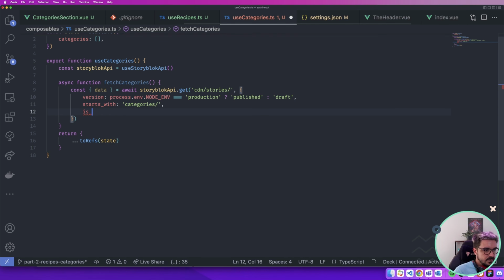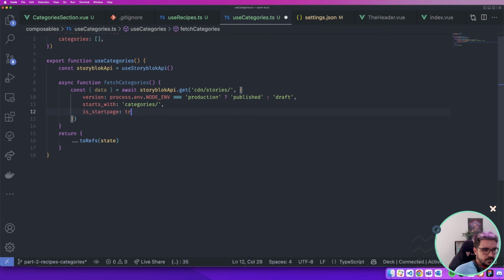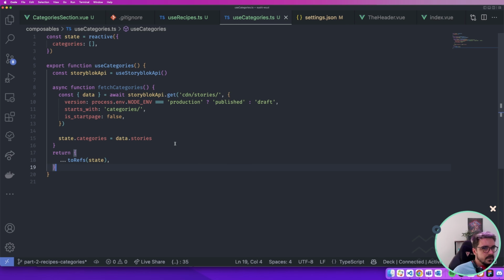We also need to pass an is_startpage option. It's needed because we could have a categories page for this, so we want all the stories that are in between. That's fine. So whenever we have this data, state categories is going to be equal to that stories. That's fine. Okay, we can return this on the composable,